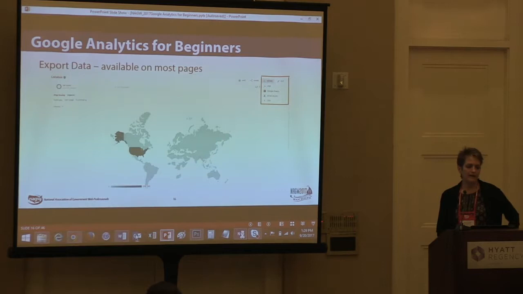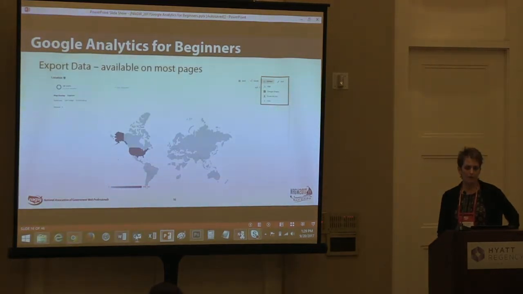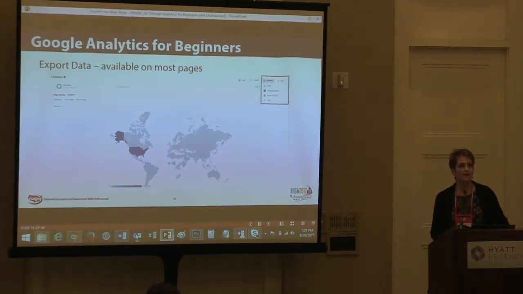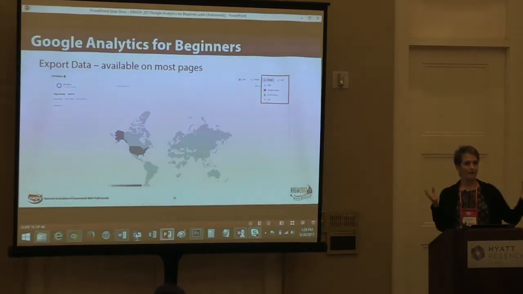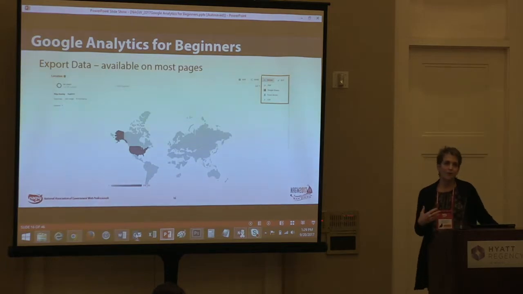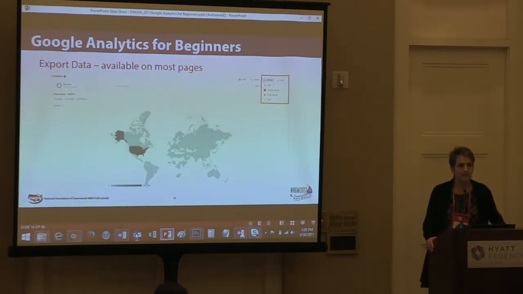The other thing that has been very helpful in creating reports is the export function. And I use a couple of different ones. I use the PDF function occasionally when I want to give somebody the whole thing that's on a Google Analytics page. But if I want to import it into some sort of a report, which is what I mainly do each month, I will go down to CSV, and I'll open it as a CSV file and